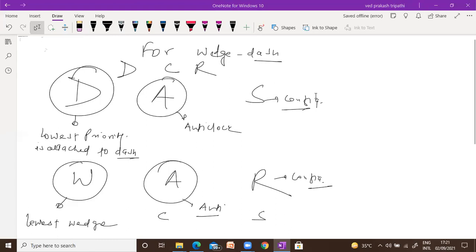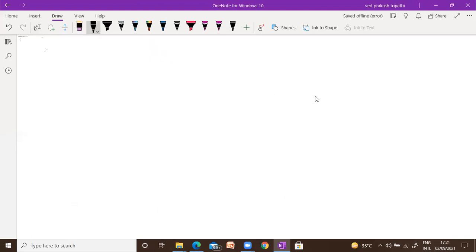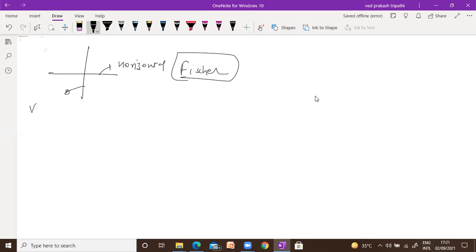Now we can move to the Fisher projection. This type of projection is known as Fisher projection. This is known as horizontal and this is known as vertical. So I am going to discuss case first. When the lowest priority